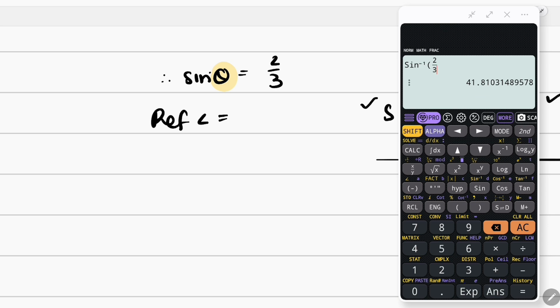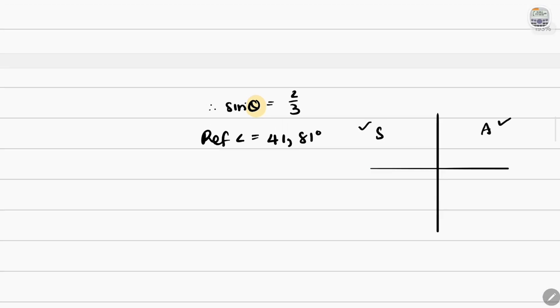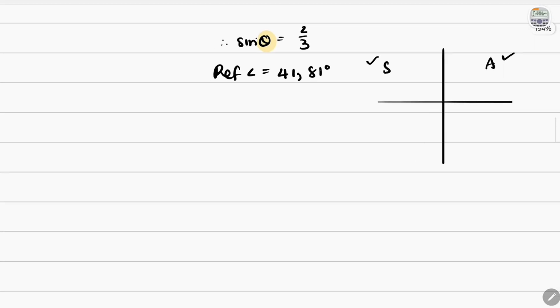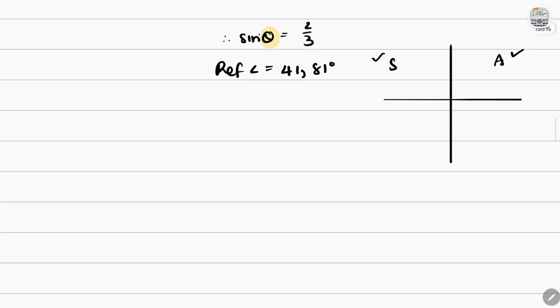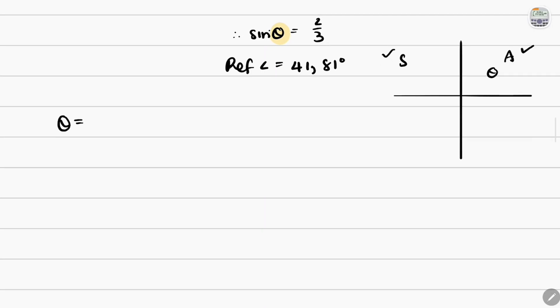So we can just round off to 2 decimal places at this point. So this is 41.81 degrees. Okay, so we'll hold on to this and let's just solve. So using the reductions that we have, we're trying to solve for theta. The general solution is here, we're going to use theta just as it is. So we'll say that theta is equal to